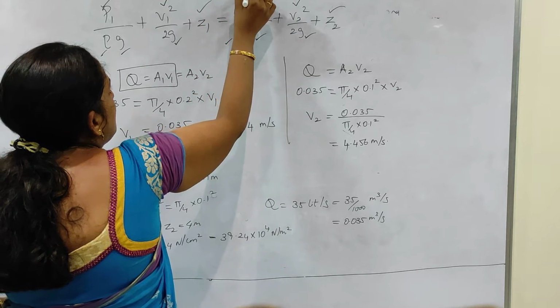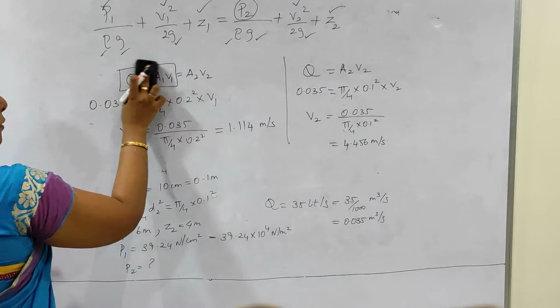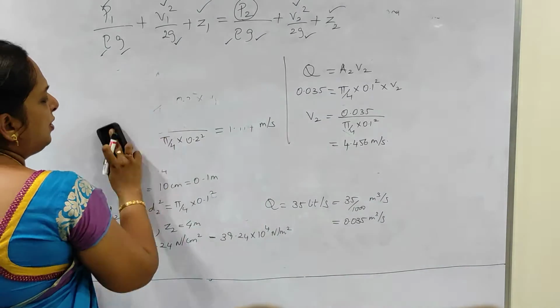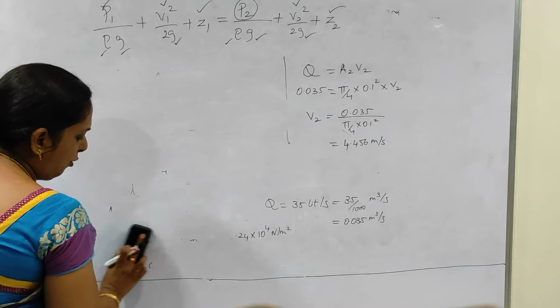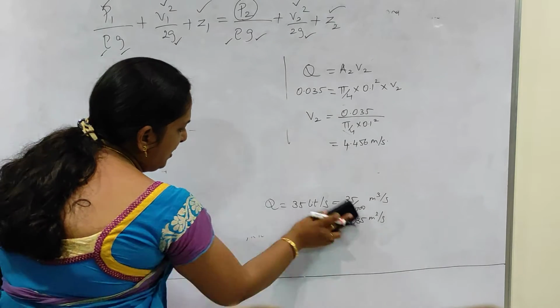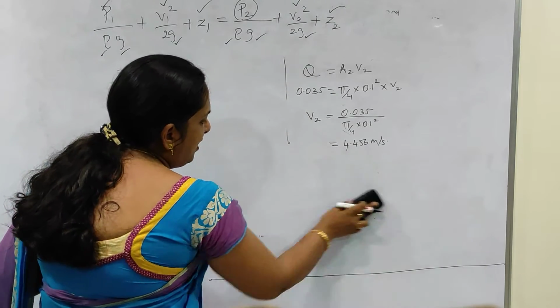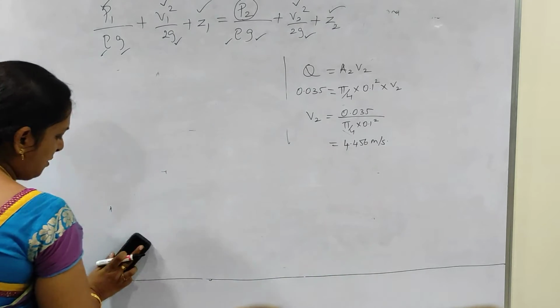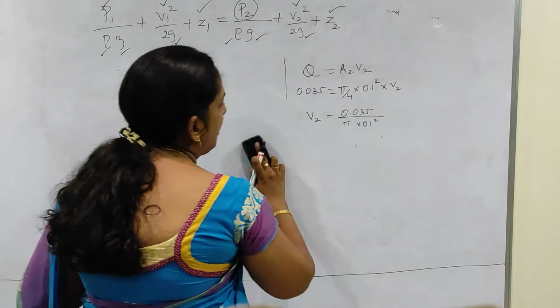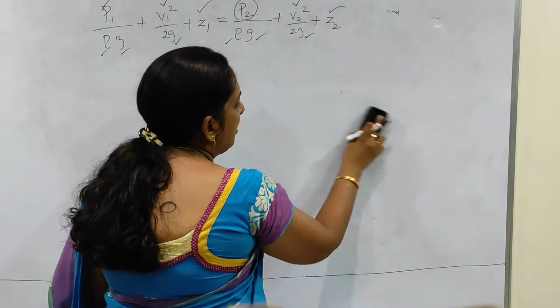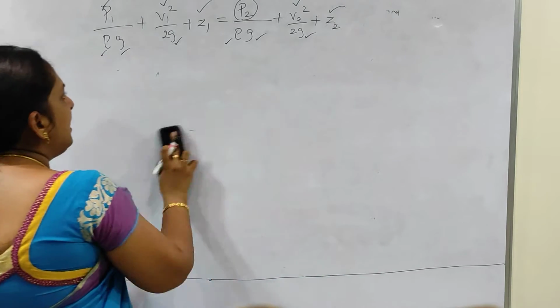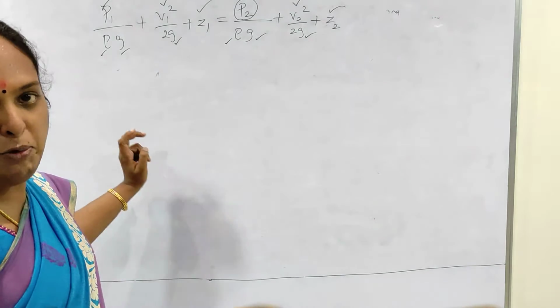So now I am going to apply the Bernoulli's equation. Applying the Bernoulli's equation, I am going to substitute all these values here. But before substituting, kindly ensure that all the values are in meters and newtons. If it is load or forces, it has to be Newton, otherwise it has to be in meters. If there are any centimeters or millimeters, you have to convert into the respective units in the formula itself or in the given value itself.